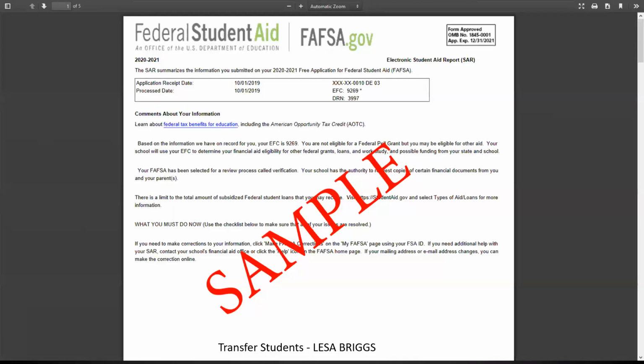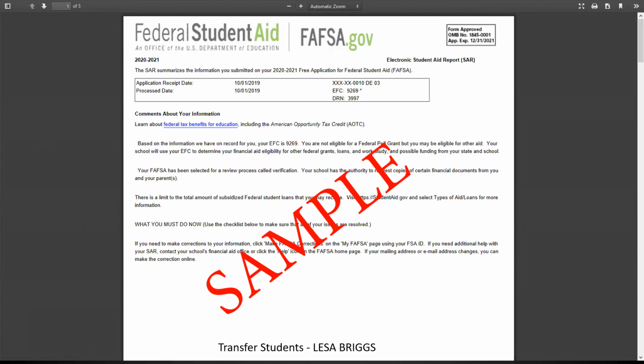So this is a sample of what the student aid report looks like. You see here is your EFC. There's an asterisk, so this person has been selected for verification. Also, in the body of the letter, it will tell you if you've been selected for verification. If there was a C code or discrepant information, it will say we weren't able to confirm this. Please provide verification information to the financial aid office. So once you submit the FAFSA or the CASFA, all communication is with the financial aid office, not